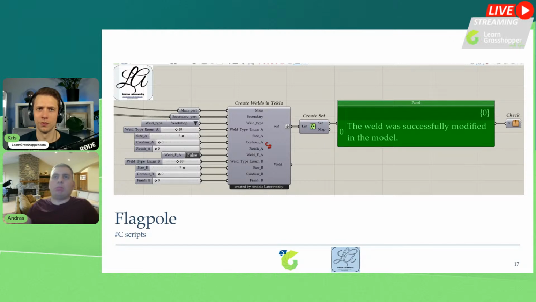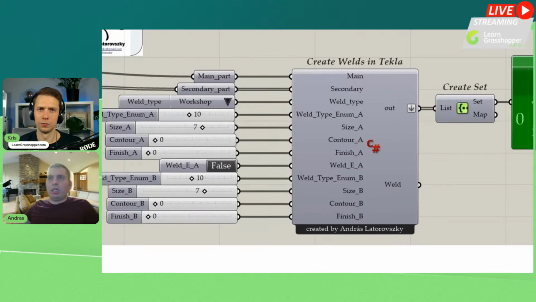In the weld nodes, you can see the input data, main and secondary part. We can set up the weld type like workshop or site. We can add the weld size, contour, finish